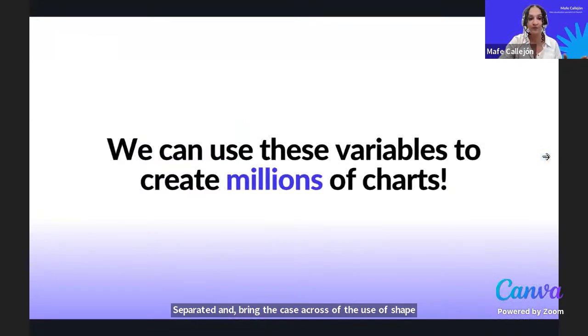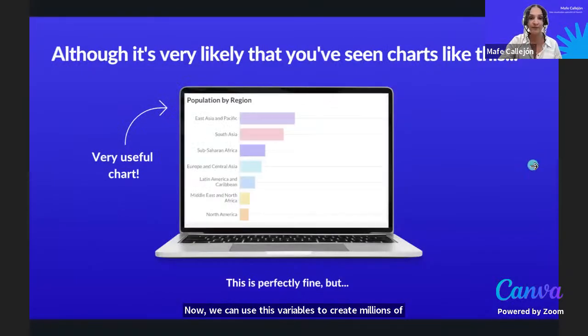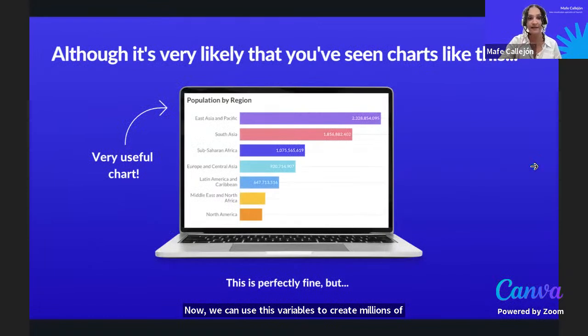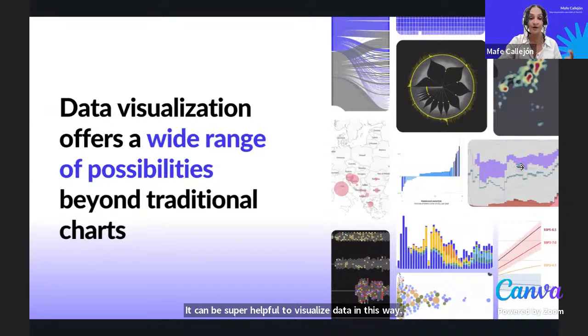Now, we can use these variables to create millions of charts. You might be quite familiar with some of the most basic ones, like this bar chart or a pie chart or a line chart, and this is perfectly fine. It can be super helpful to visualize data in this way, but there is a wide range of possibility beyond